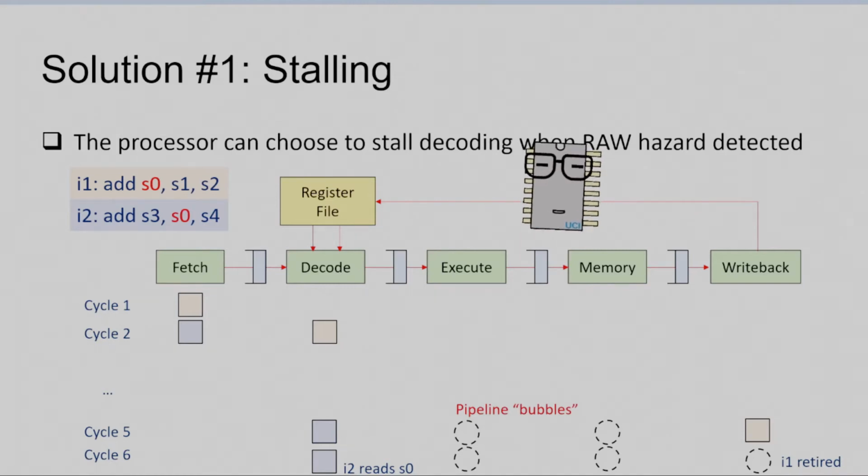If the processor somehow knows, if we design and implement circuits inside the processor to keep track of the destination registers of all instructions that are currently being processed, and cross-reference that for all instructions that come into the decode stage,